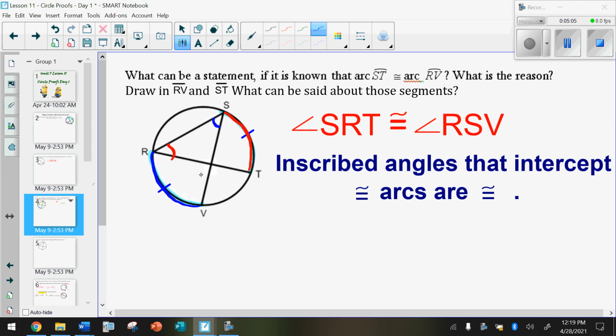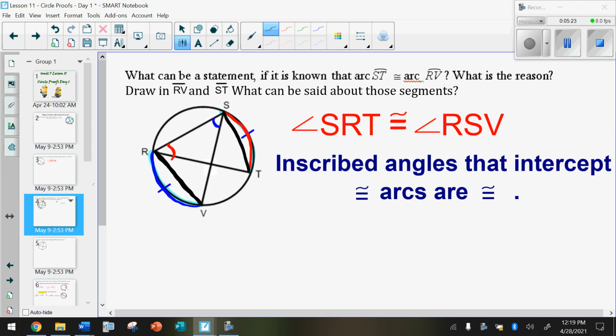But since the arcs are equal, then the inscribed angles are equal. Now, if we draw in RV and ST,